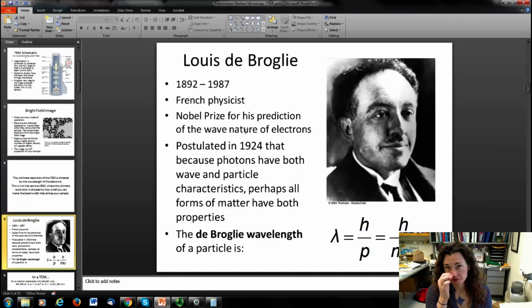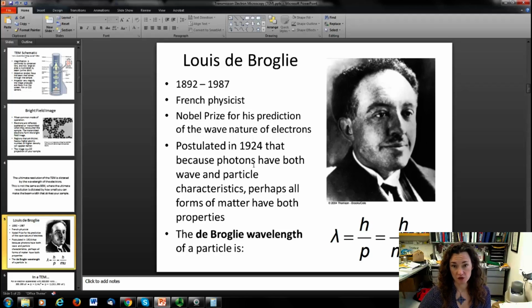Now, to give you a little history and some reminders on how this works, if you've forgotten your modern physics, Louis de Broglie was the French physicist that came up with the concept of matter waves, which is the foundation for all of quantum mechanics. He won a Nobel Prize for his prediction of the wave nature of the electrons that he came up with